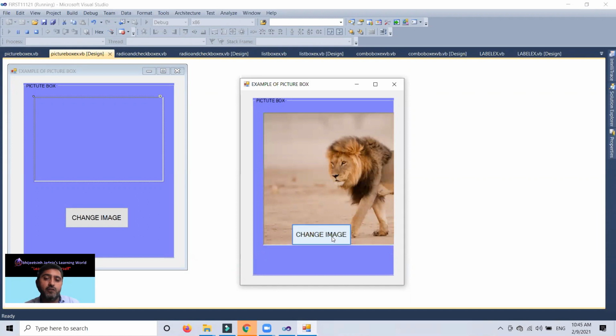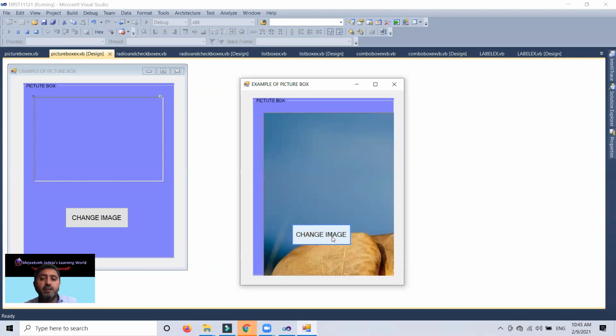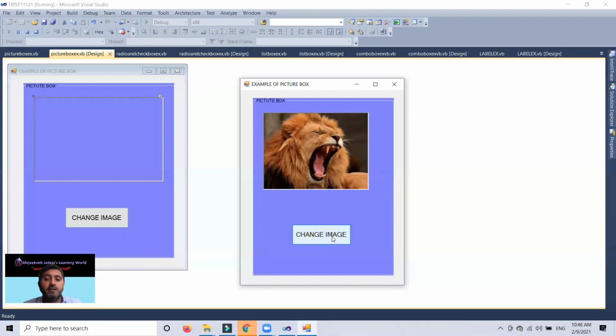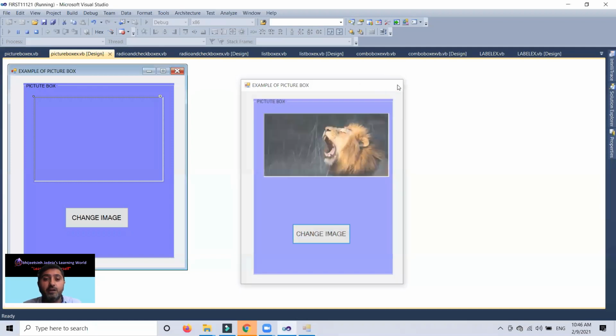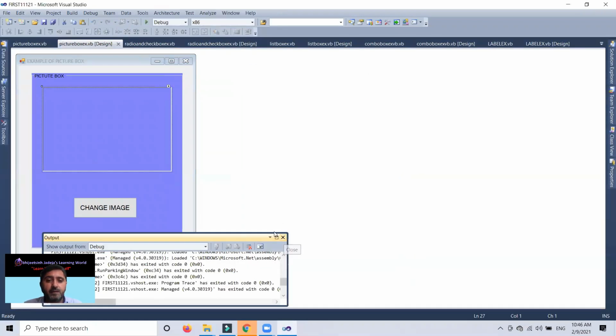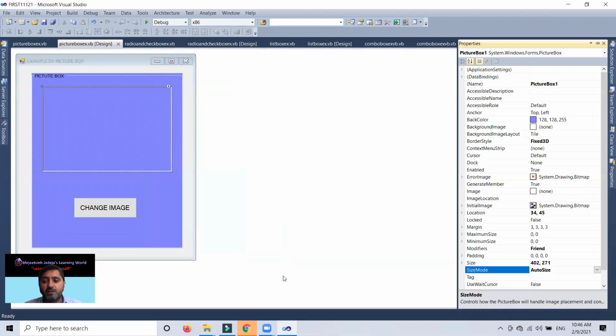This image is somewhat also higher. This is the highest image, so according to the original picture. Auto size means the original picture will load. And again, it is preferable if you want to take stretch image. That is very, very important, and the majority of people are using stretch image only.